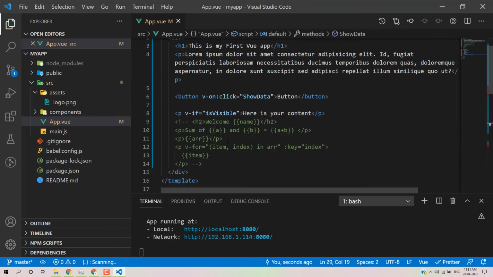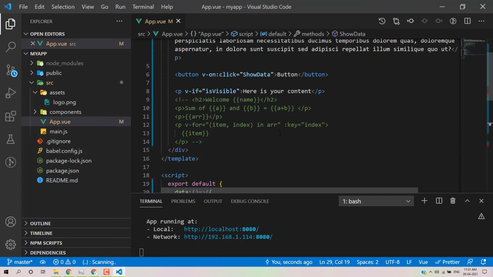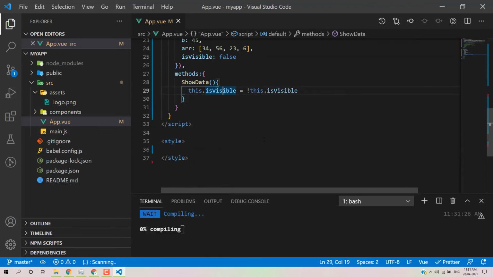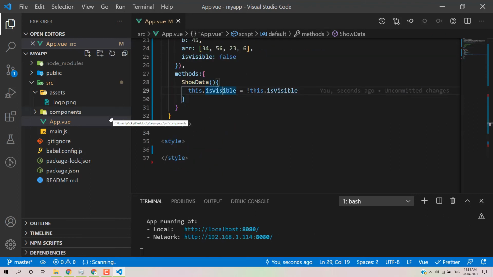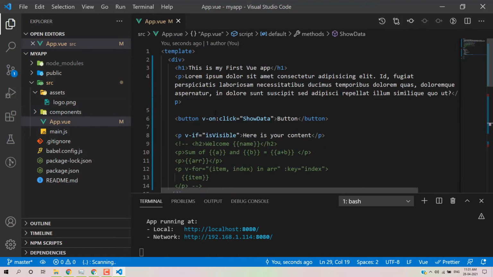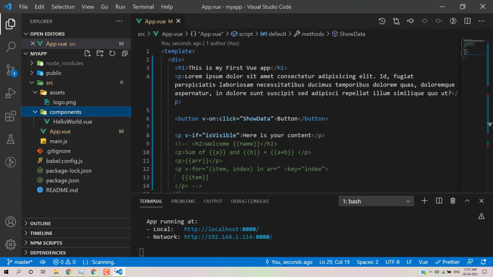So component, why we are using component? Like as I told you the scenario, each website has sections we can divide, like navbar, footer, sidebar. We can do that. So the component approach is very easy, if you are following the modular approach, it will be easy for us. So in Vue.js, we can also create a component. So this is a component folder. Here you can define a component.